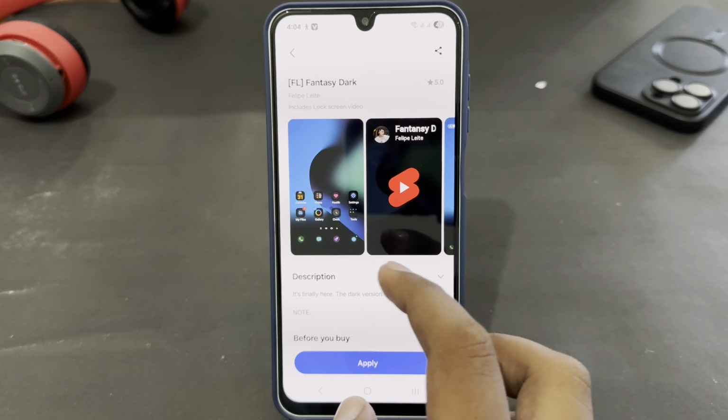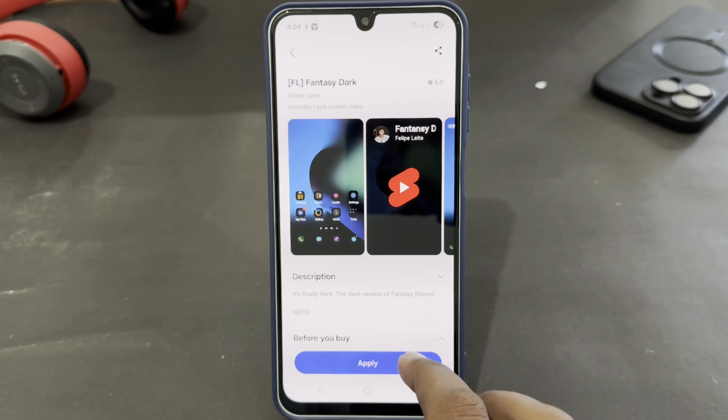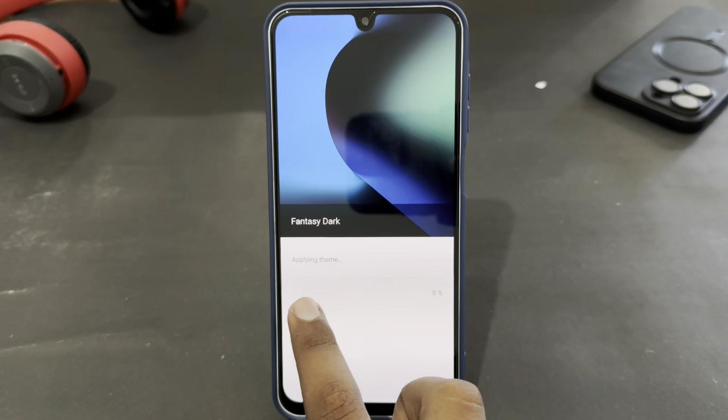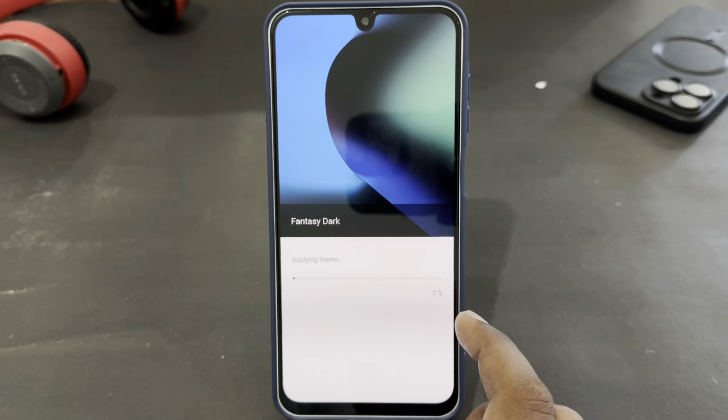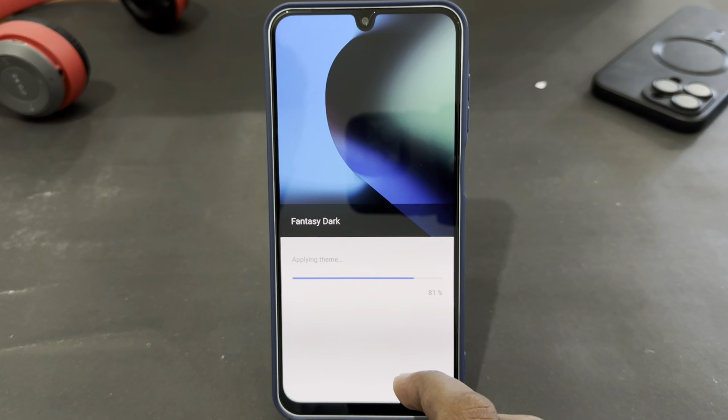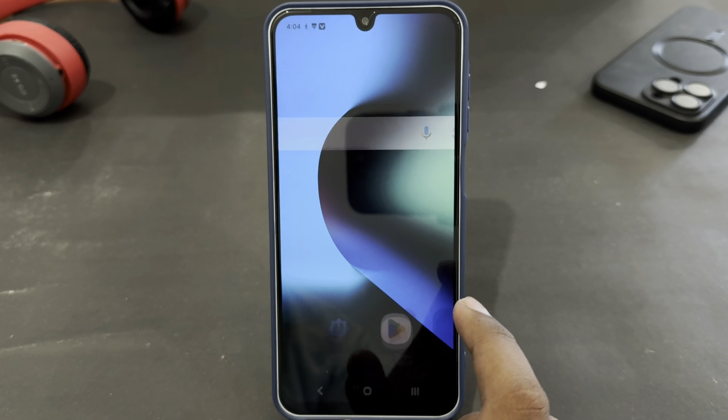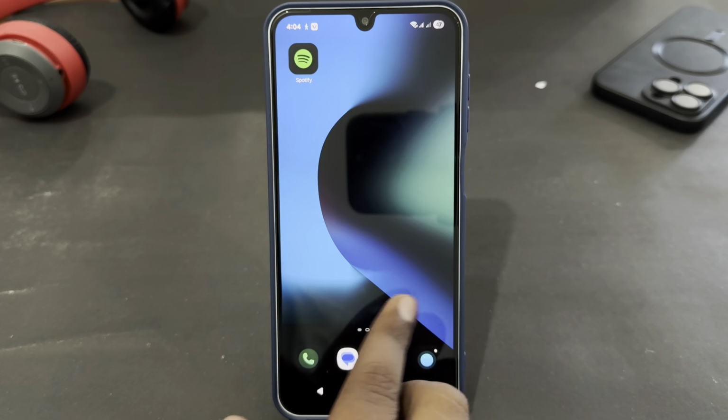When download has been completed, just tap on apply and then it will start applying theme. Just wait for that. So in this way you can easily change theme of